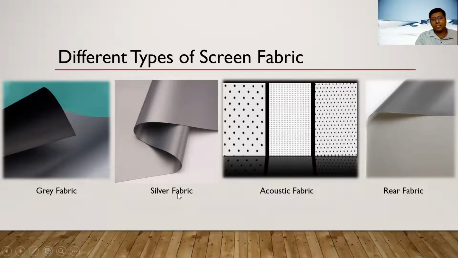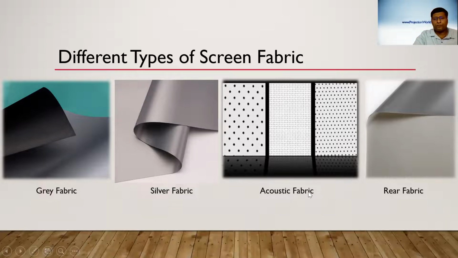Then there comes the silver fabric. Silver fabric is basically used for 3D and 4D, passive 3D images. Mostly you must have seen in the malls, there are 4D, 5D, 9D, where there is a fully automated jig and you are going in a play park and all that. So there the silver screen is used where two projectors are stacked together to make that 3D image, and the brightness also increases. We need more brightness in silver screen.